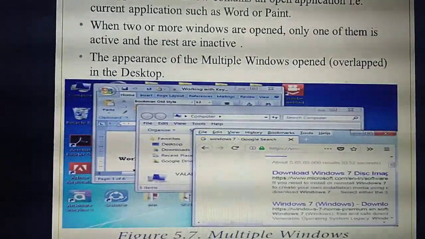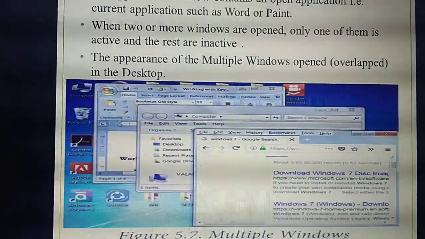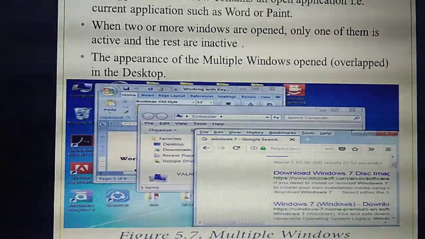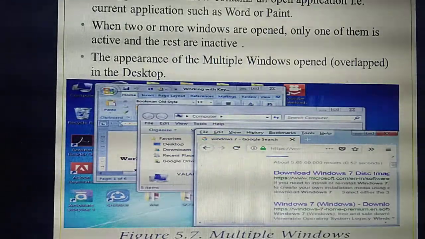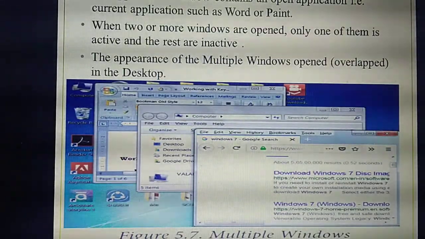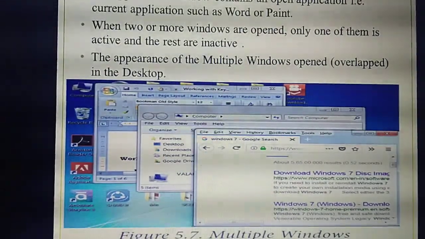So yesterday I also said overlap in multiple windows. What do you mean by overlap? Normally, what's the meaning of overlap? Overlap means, for example, 3 books you have arranged in order. So we can say 3 books are overlapped. That means one among another. One book you have placed, then above the book you are placing another book, then above that book another one. Likewise, overlapping 2 or 3 books.